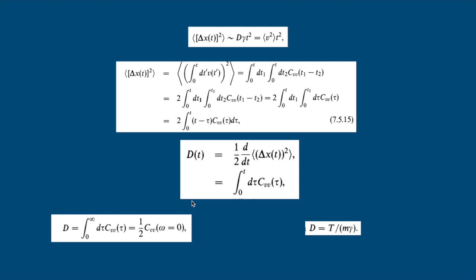So for very small times, we can say that this mean square displacement value is basically v into t the whole square. We can create an analogy of such sort, and we can say it's velocity correlation square into t square. So now calculating this value in terms of this velocity correlation function, we get this result, this integration.